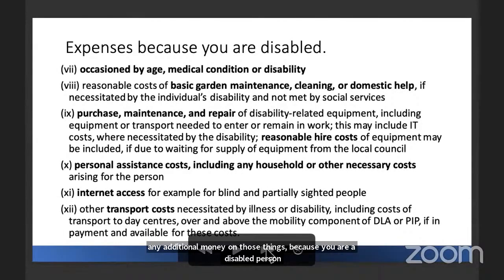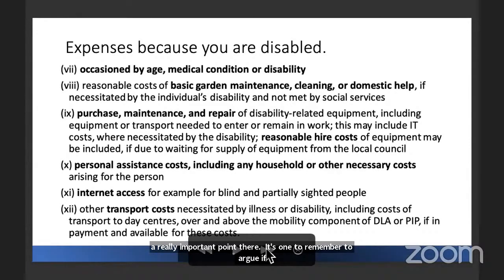It doesn't have to be purely practical things. It can be something like leisure activities, it could be therapies. So that's a really important point there. It's one to remember to argue if your disability-related expenses are not